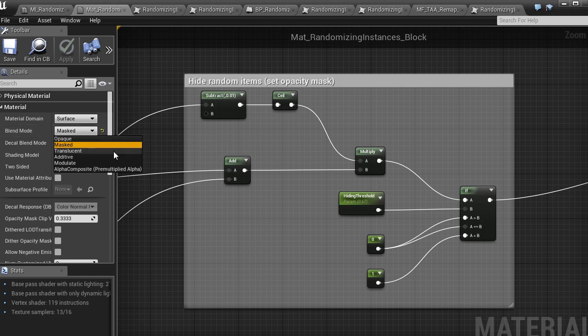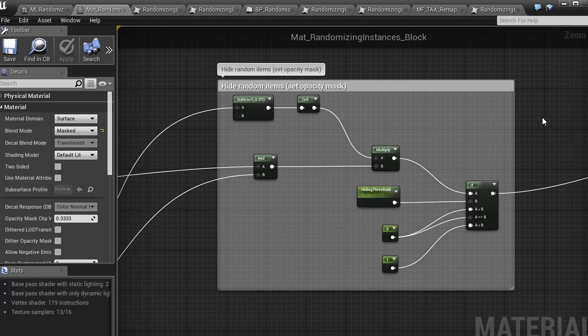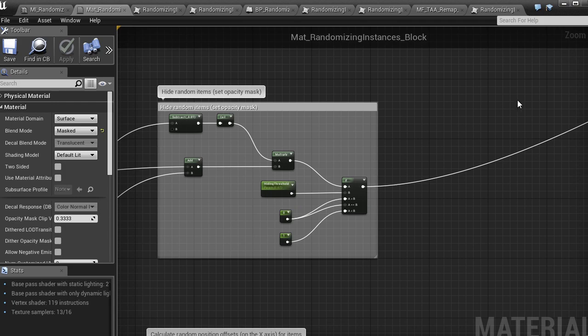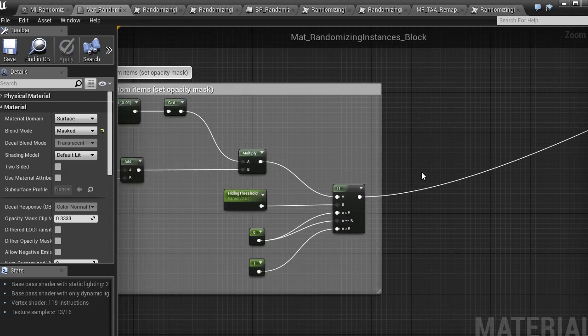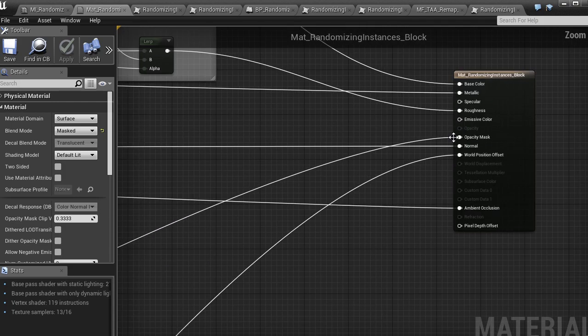It's like translucent, but without all the heaviness of translucency. It only allows for having either 0 or 1, as I explained in my tutorial about the opacity in Unreal Engine. So mask is very lightweight, it's almost the cost of a normal regular solid mesh, and then I output either 0 or 1 to opacity mask here.